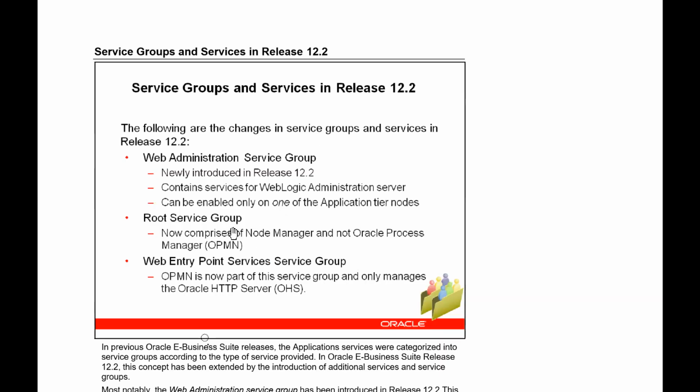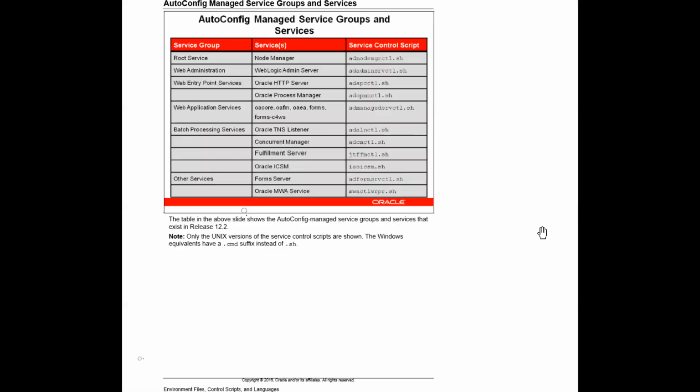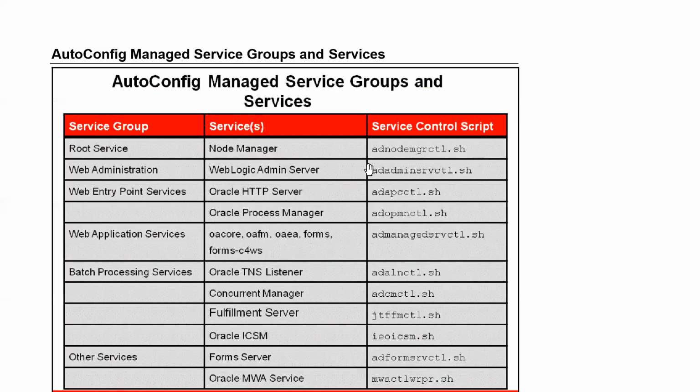Plus you have root service group. Root comprises of node manager and not the OPMN. So you have an admin server, you have a node manager, and OPMN is now replaced by HTTP OHS, especially in 12.2 onwards. Right? So for everything you have a different thing. Suppose if you want root services, you have to run this node manager. If you want to start the WebLogic, AD admin, Apache, APCTL, OPMN, this one OPMCTL, all of this you can use by AD managed server,